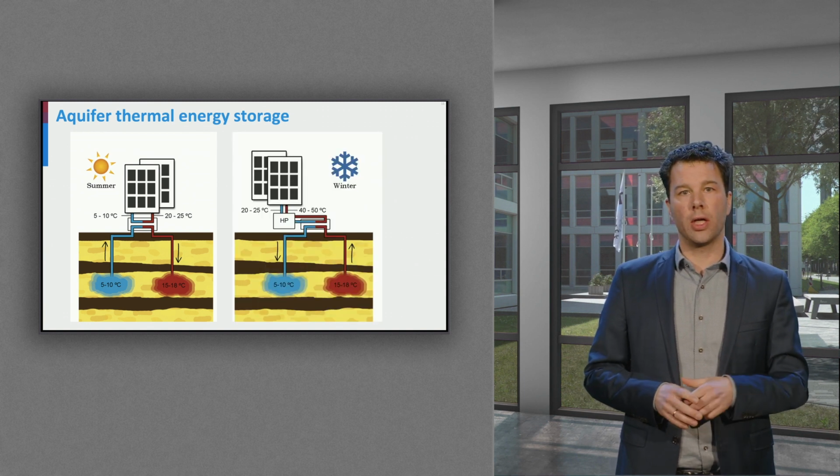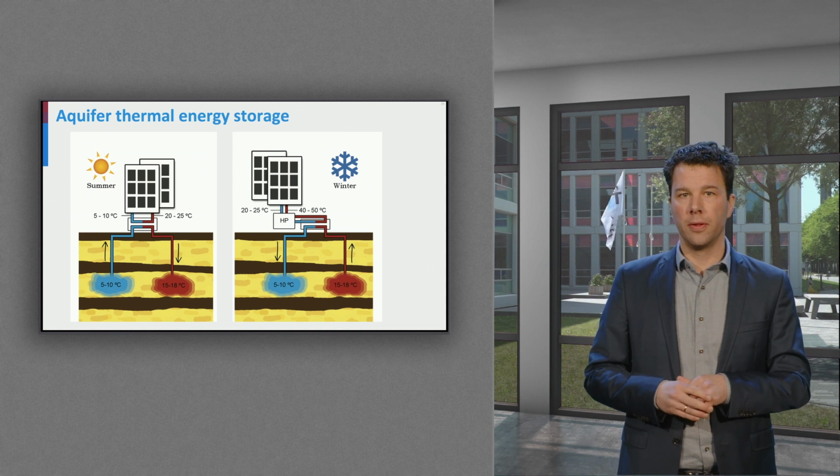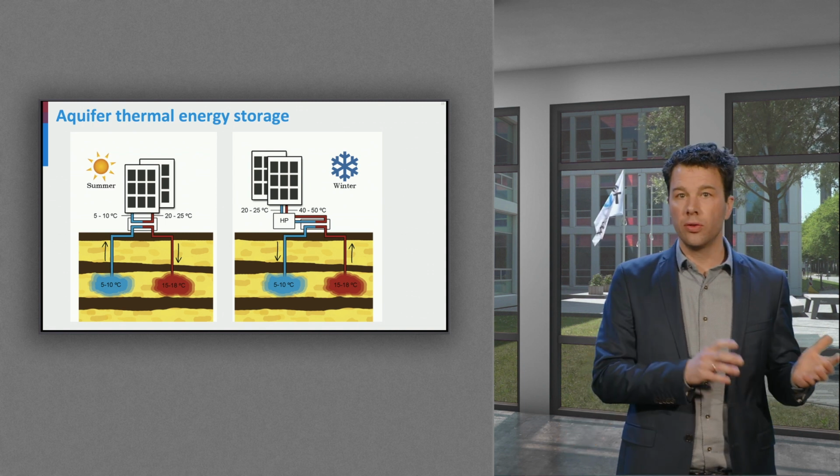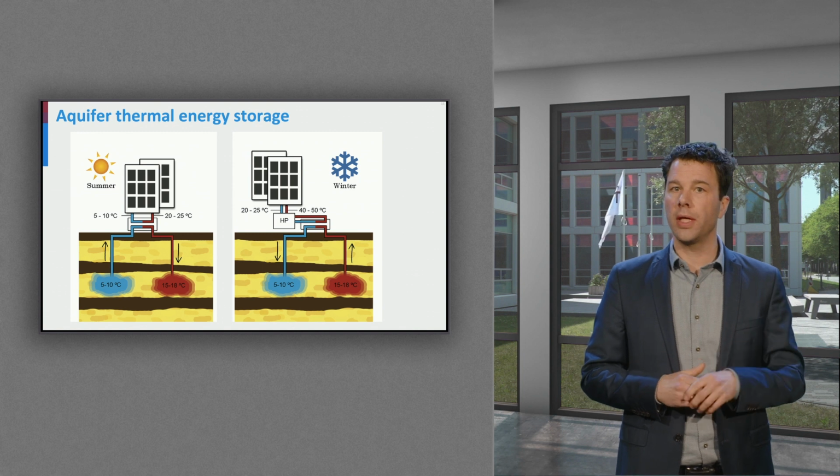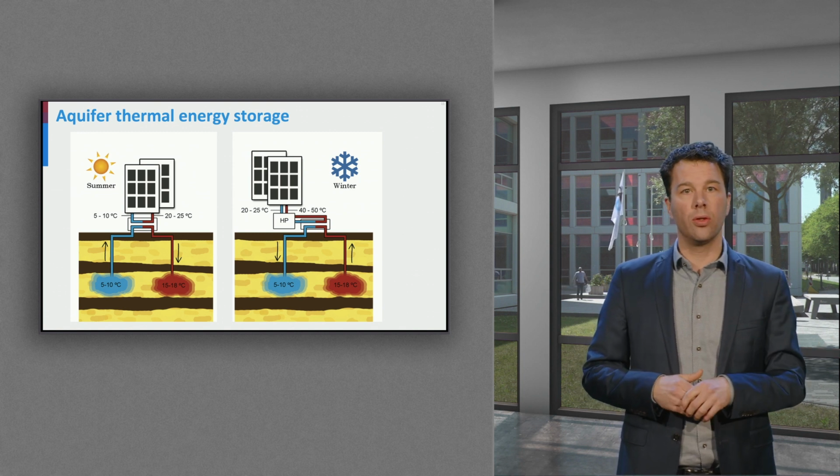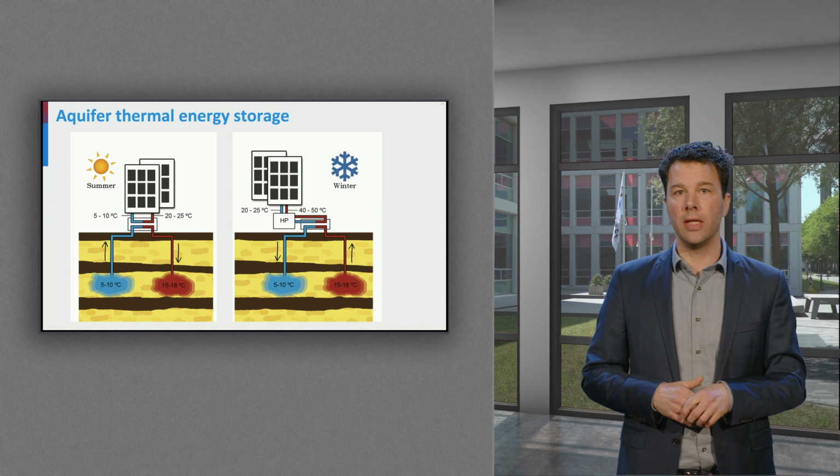When the cold weather starts, the flow direction is reversed and the water is pumped from the warm well to provide heating to the building, together with a heat pump, and again storing the cold groundwater from the evaporator of the heat pump for cooling purposes during the next warm season.